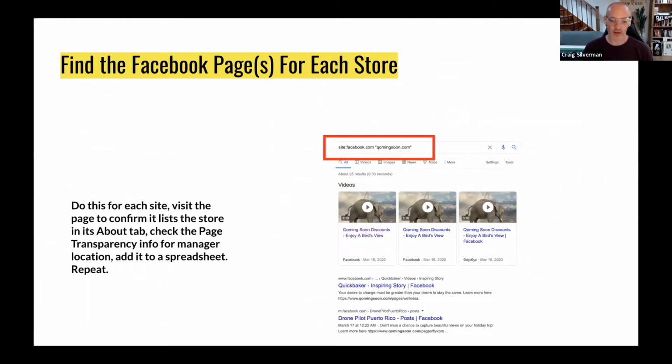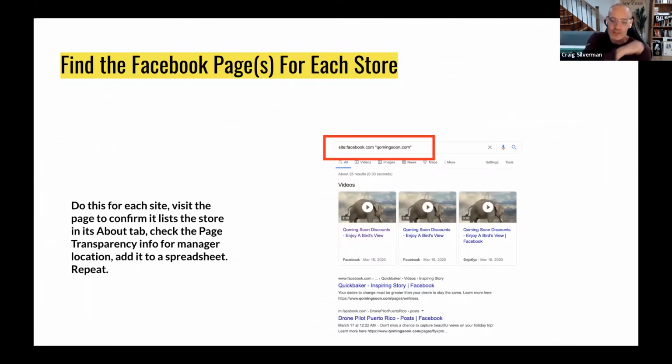And here is where this might look familiar, right? Remember, I talked about site:facebook.com for searching, site:instagram.com, site:t.me for Telegram. So this was my search formula to see if there was a Facebook page connected to these sites. So in this case, I had site:facebook.com, and one of the websites had a domain of comingsoon.com with a Q in the front.